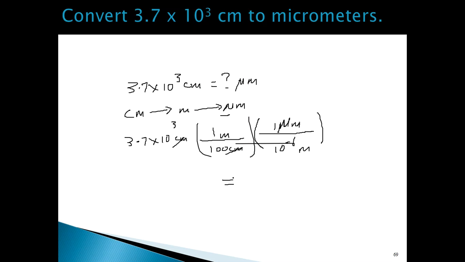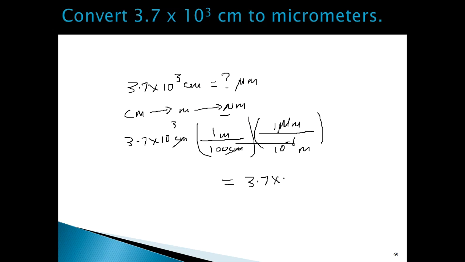So 3.7 times 10 to the 3 divided by 100 divided by 10 to the minus 6, and the answer I got is 3.7, let me do it here,